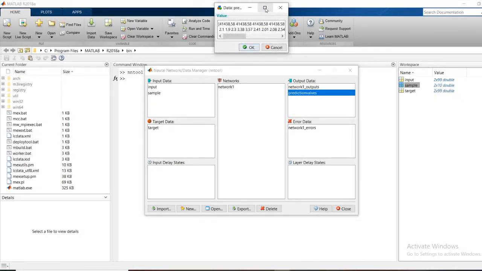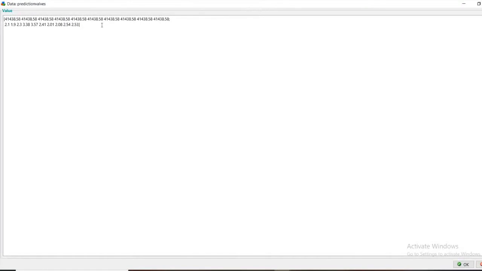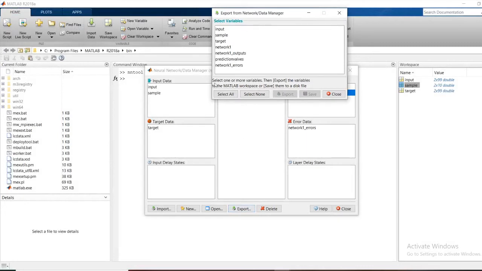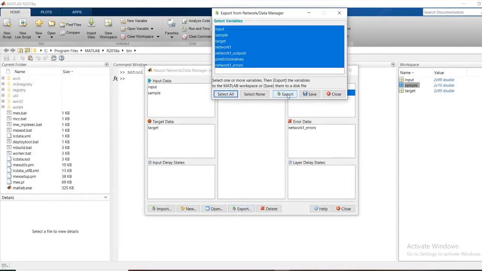A small pop-up window has appeared at the topmost of the screen. These are my predicted values from my input as well as target. And if I want to import these values to my drives or any hard disk, close this now and go for export. Now select all. If you want to export to workspace, click on export.